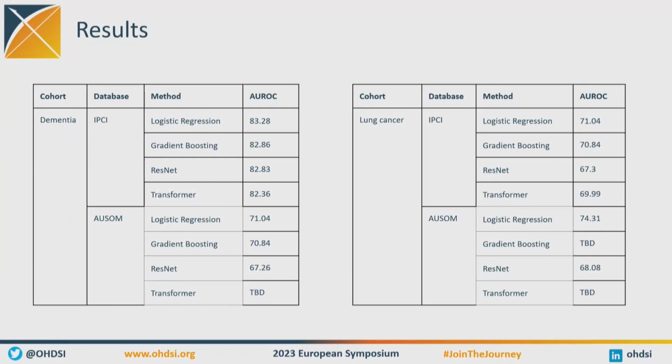And a couple of results are in as well for the dementia and lung cancer cohorts for IPCI and AUSOM. For the moment, at least, what we see is that the models seem to perform very much the same. In fact, the logistic regression model seems to outperform the other methods, especially on AUSOM. If you have a very complex model like a transformer and a very simple model like a logistic regression model, and they perform kind of the same when you look at the discrimination, then generally